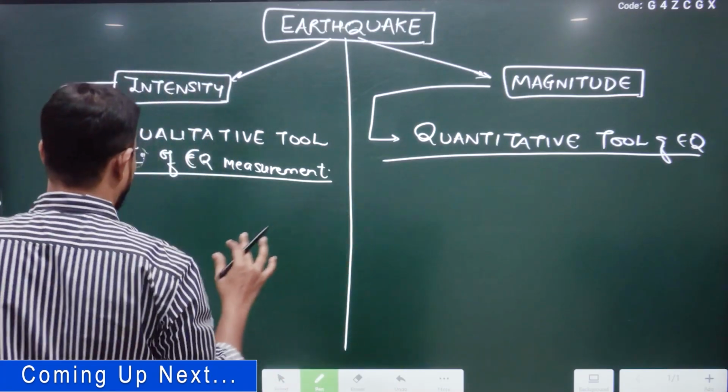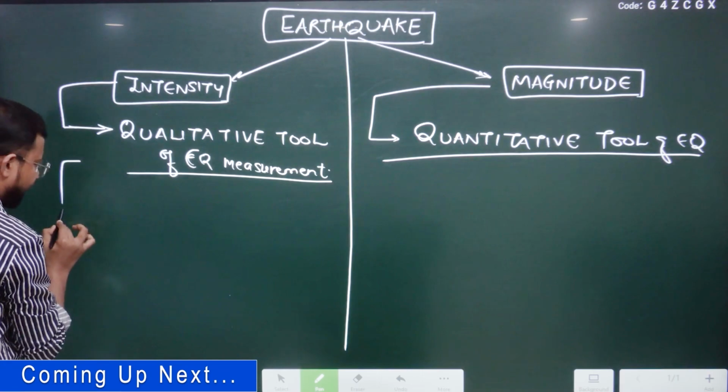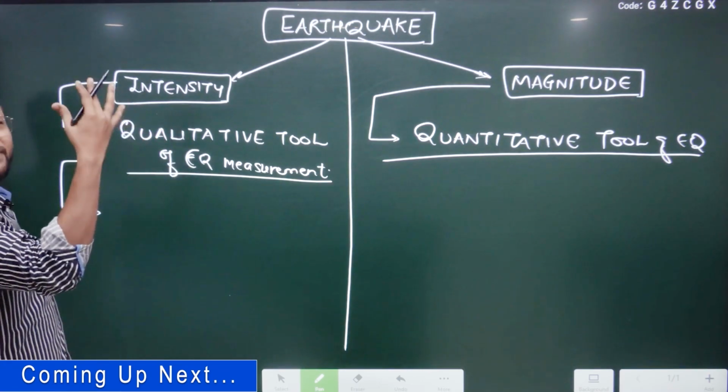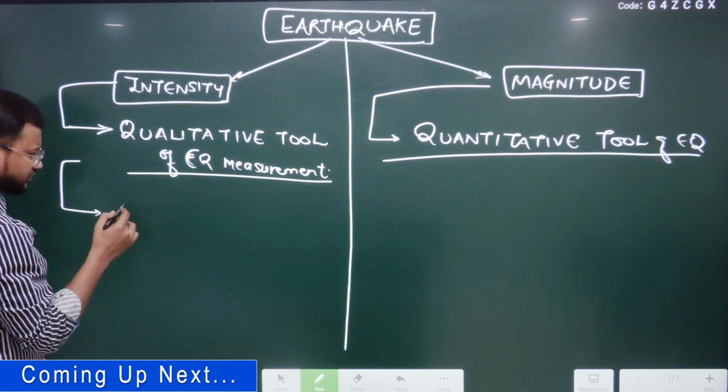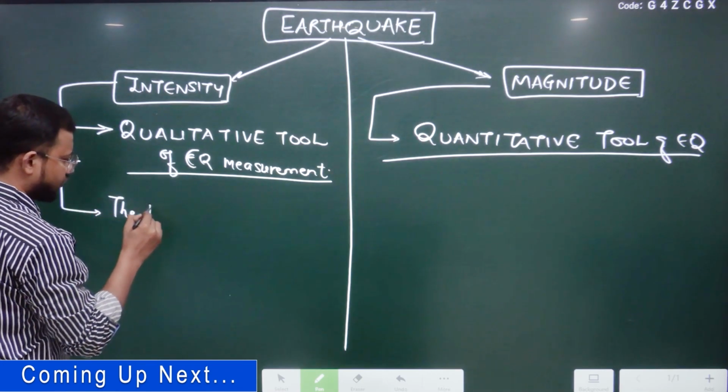Yes? So, I hope these two points are pretty much clear to you. See, guys, next is generally this intensity, वैसे बहुत सारे methods रहेंगे, but this intensity is what measured by the